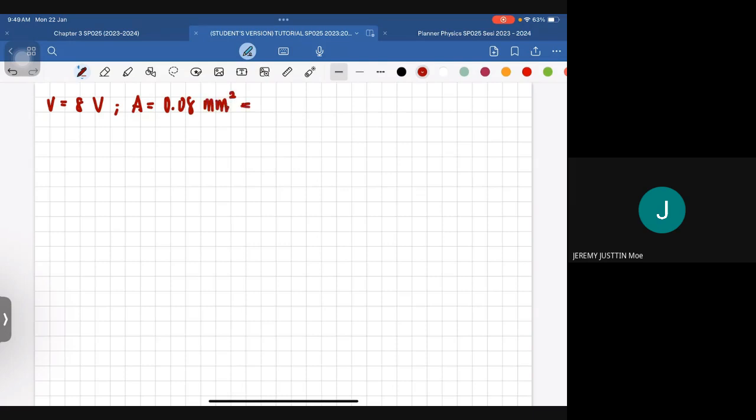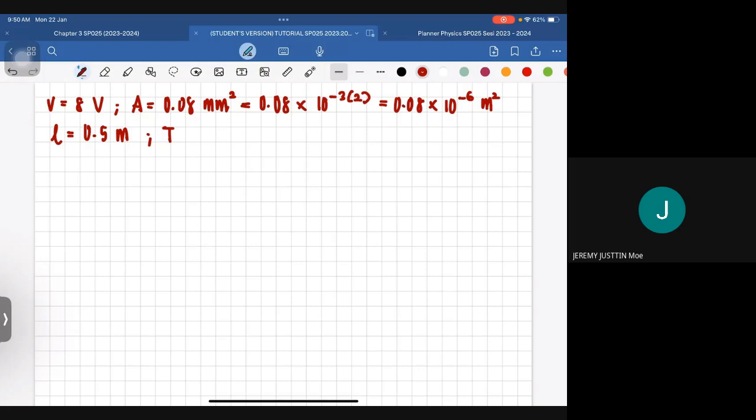Milli kamu kena convert pergi meter square, so that is negative 3 times 2 here, so kamu akan dapat 10 negative 6 meter square. And then dia bagi length of the wire, which is 0.5 meter. Okay, so dia minta resistivity and then dia bagi kita temperature 20 degree Celsius. Kalau kamu ingat, nota tulis